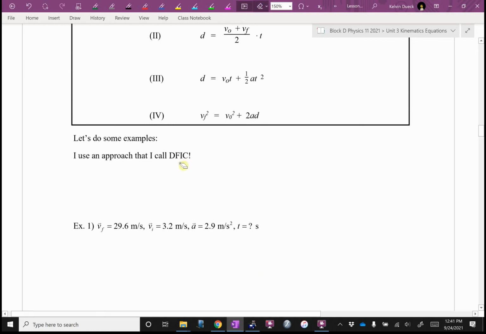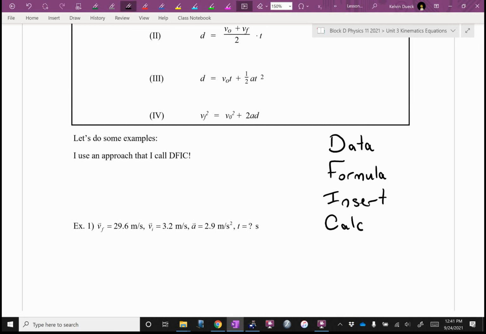I use an approach that I call DFIC. It's an acronym. The D stands for list your data. The F stands for find the formula. The I stands for, hey, now insert the numbers. And the C stands for crunch the answer, calculate the answer. That is not an end-all, be-all, but if you're looking for a hook to hang your hat on,